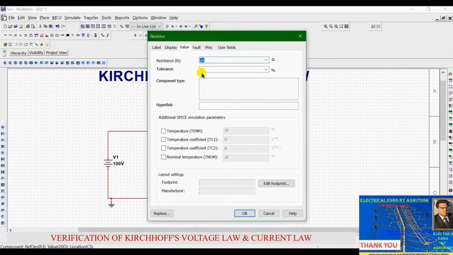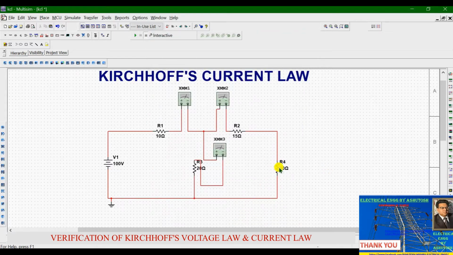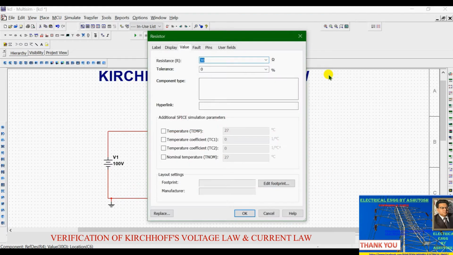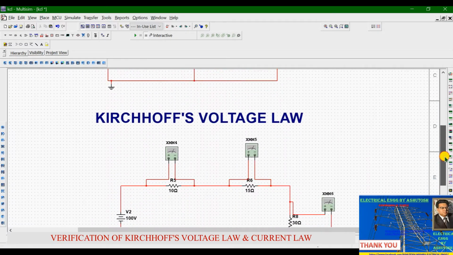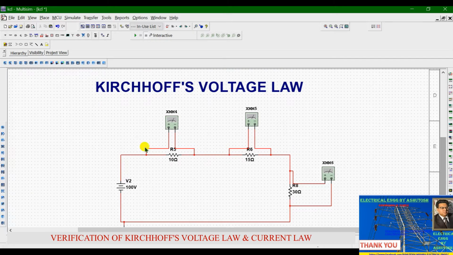And this is resistance number 4, R4, and we have selected 30 ohm. So all 4 resistances are connected like this in this circuit, and we have to verify I1 plus I2 equal to I.